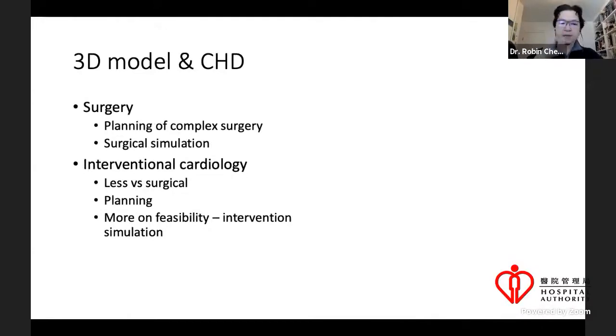So as mentioned, the role of 3D model or 3D printing in congenital heart disease, the main bulk of the literature would be on surgical planning for complex surgery. And nowadays, there are lots of surgical simulation programs around the world which use 3D printing as a base rather than cadaveric or virtual surgery, because it actually gives you the tactile